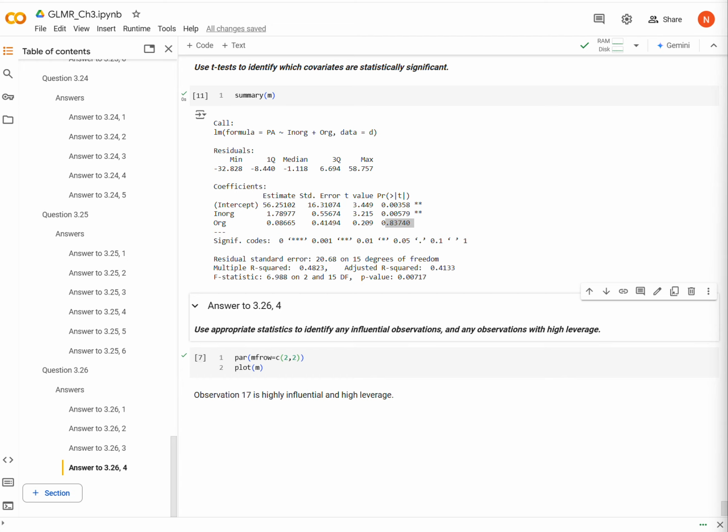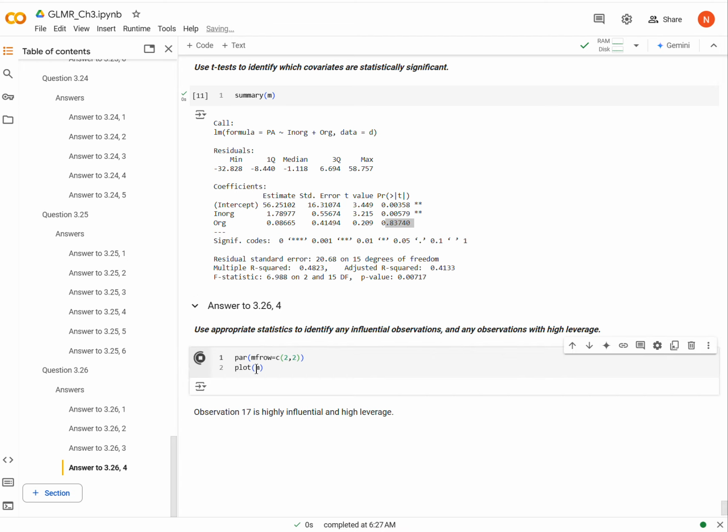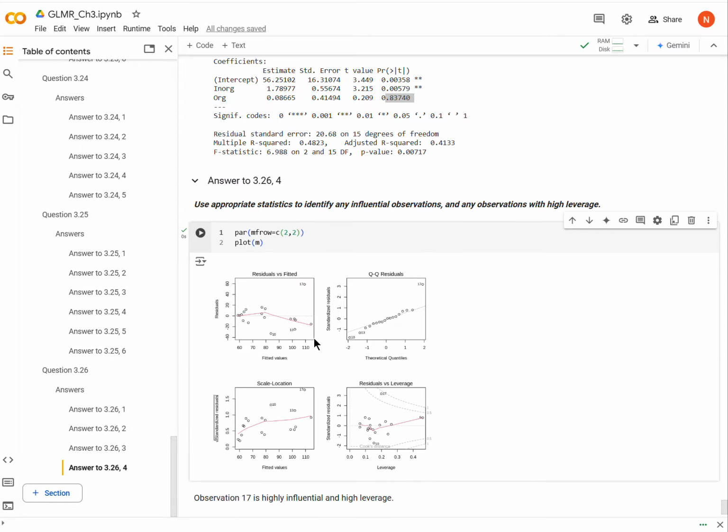Okay, so I'm going to run the plot function with M, and when we get that, we get these diagnostic plots. And so we see a few things. One, we see number 17 is way off the beaten path. Okay, here, here, here, and so on. And we can tell it's influential in a few ways, and one of them is that it has a very large residual. Okay, and it is also kind of, if the x-axis is a teeter-totter, way out there. I guess actually that's leverage, but